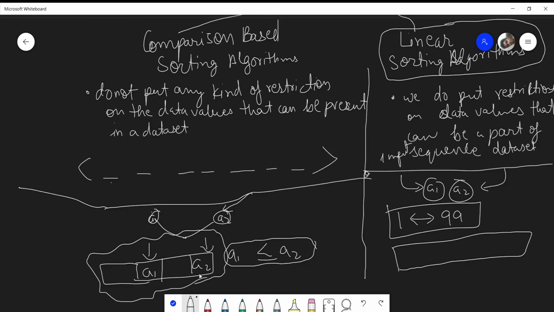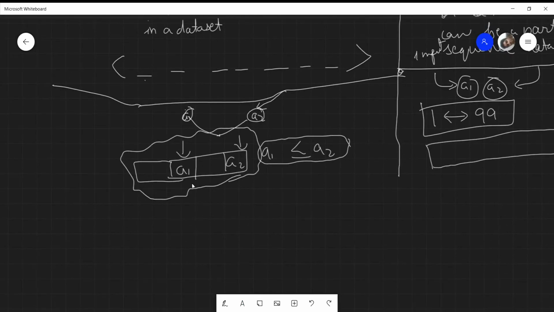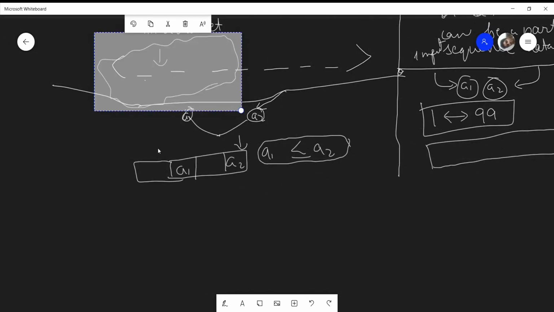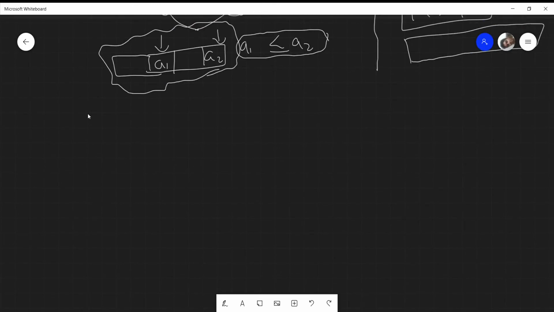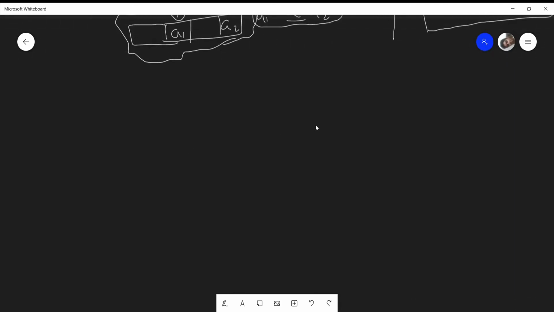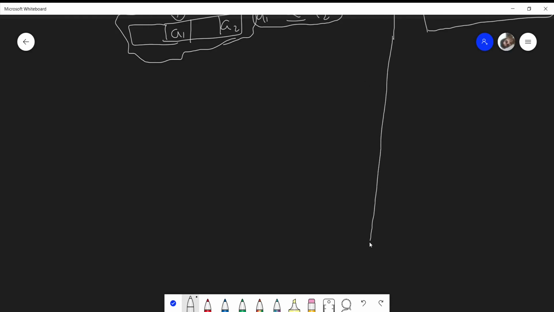So in comparison based sortings, if I list down all the comparison based sorting algorithms, they would come out to be this particular list.